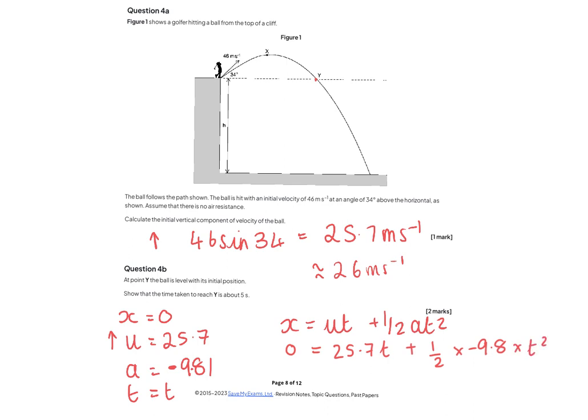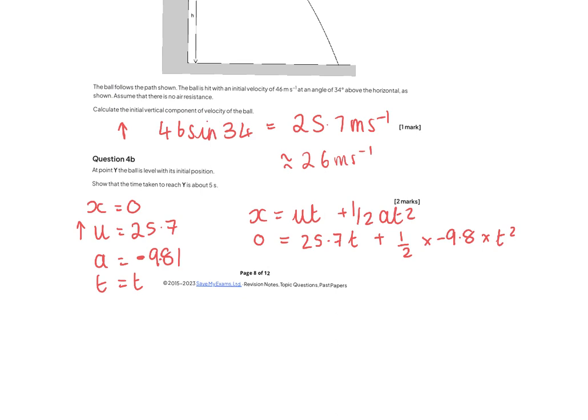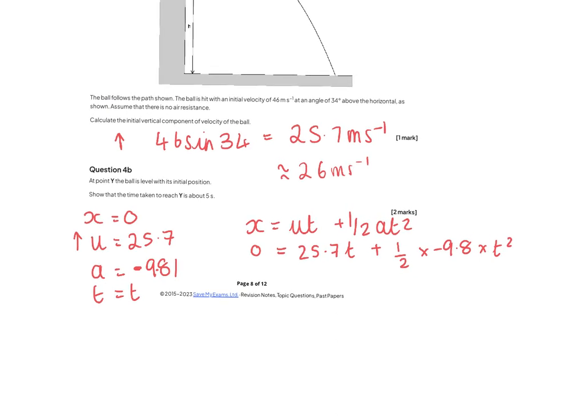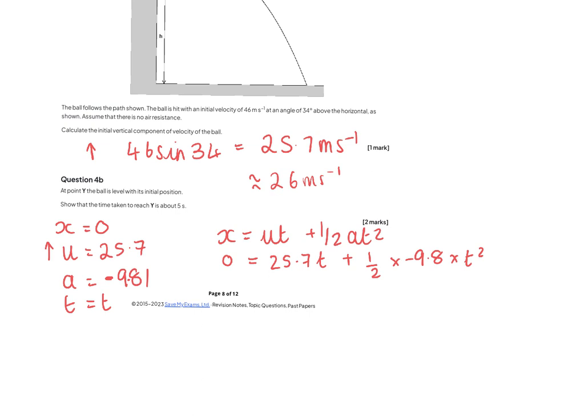So there are two potential values that we're going to get for t here. One of them is just going to be 0 because the first time that the ball is going to be at height x is going to be when t equals 0, and I'll show you how we can work that out mathematically as well. So first thing we're going to do is we've got 0 equals,